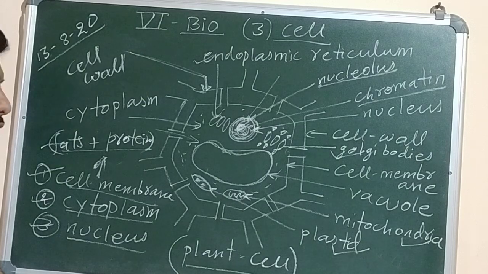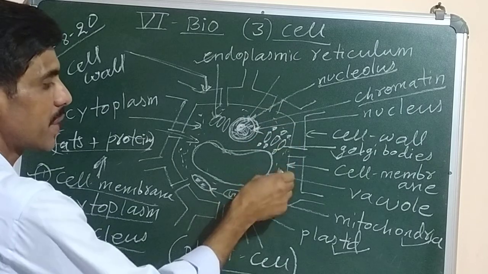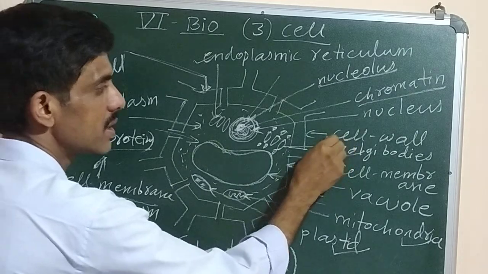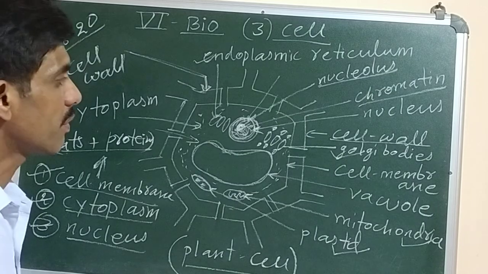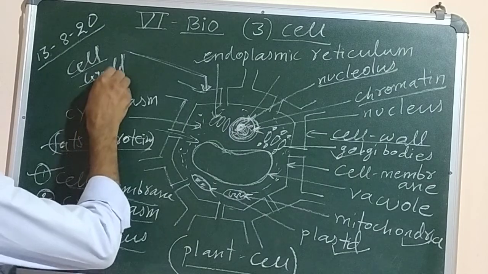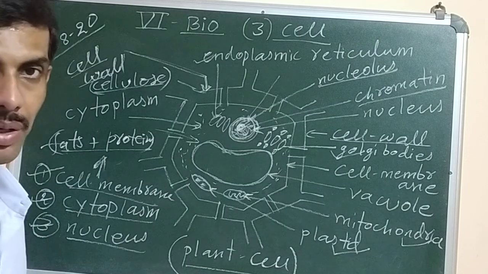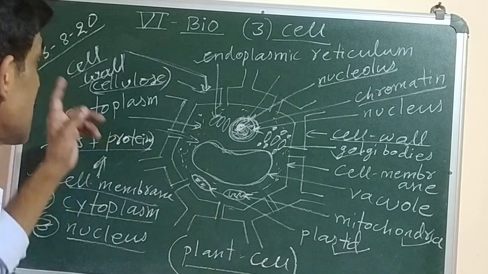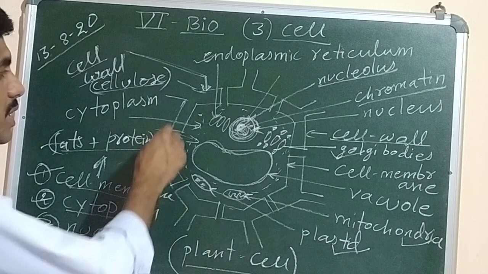Next one we have to study is cytoplasm. Cytoplasm is a dense fluid which is present inside the membrane. This is the cell membrane. The outermost line which is there is known as the cell wall. And the cell wall is a dead membrane. It is found only in the plant cell, and it is made up of a complex carbohydrate called cellulose. Okay, so what is cellulose? A complex carbohydrate. Carbohydrate, you know, is the name of one of the nutrients like carbohydrates, proteins, fats. So this cell wall is made up of cellulose, which is a complex carbohydrate, and it is freely permeable.